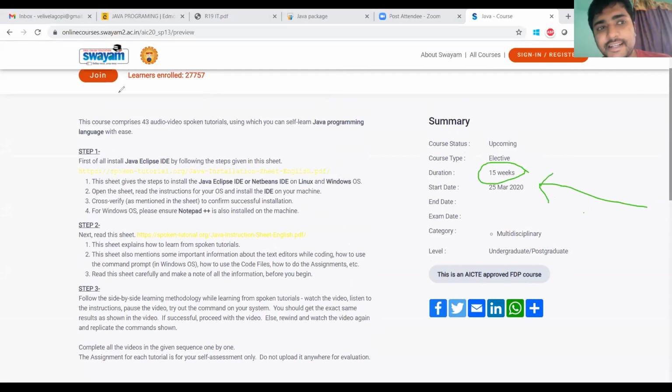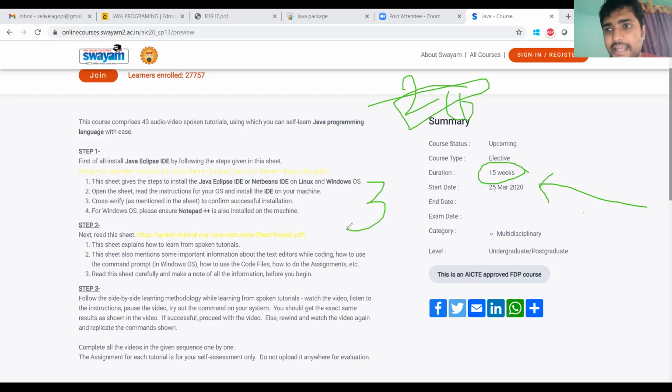Some universities consider this certificate as 2 courses, that means 2 credits. I think for you, Art 19, next semester you must register for this course. If you register and get the certificate, then you will get the 3 credits.